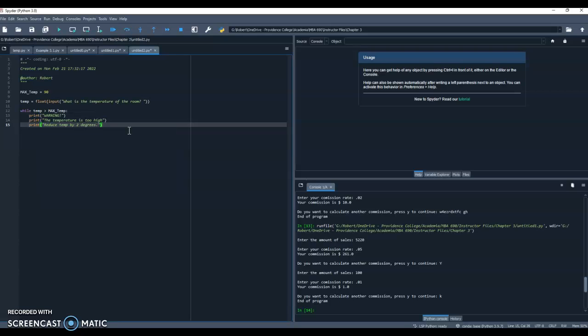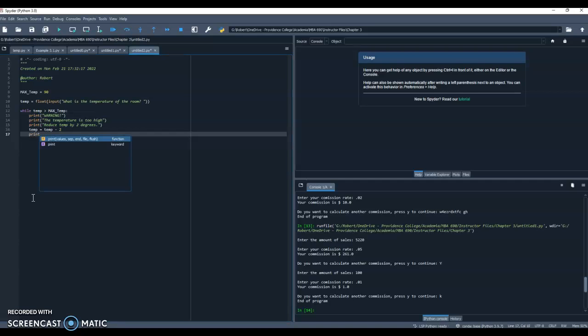And in fact, why don't we say that it's a smart house and it automatically does that? So we will take our temp, and we are going to make that equal temp minus 2. So once again, it reads this, and it goes, okay, temp, it takes 2 away from temp, and then restores it in the variable temp. So we can keep restoring that, and then from there,